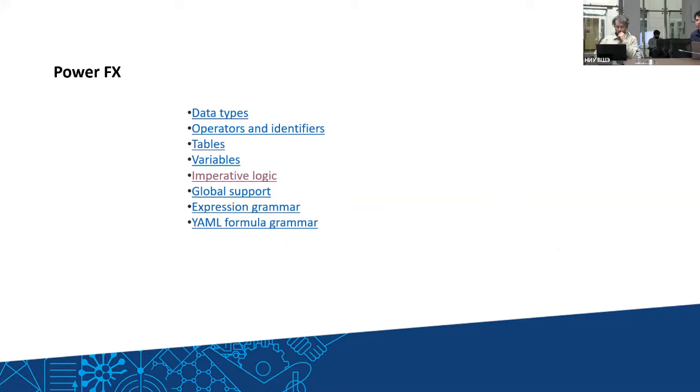PowerFX links objects together in declarative spreadsheet formulas. For example, you can think of the visible property of the user interface control as a spreadsheet cell with an associated formula that calculates its values based on the properties of another control. The formula logic is recalculated automatically, similar to how it happens in the spreadsheet, which affects the visibility of the control. In addition, PowerFX offers imperative logic when needed.